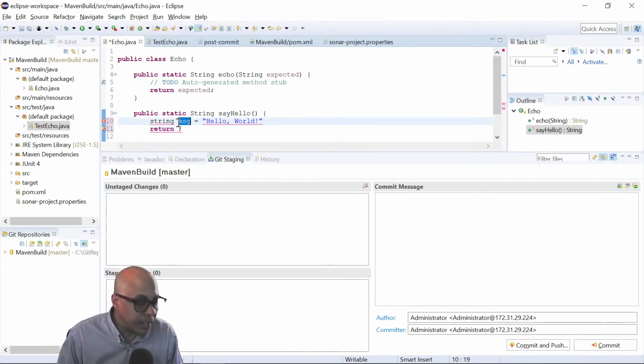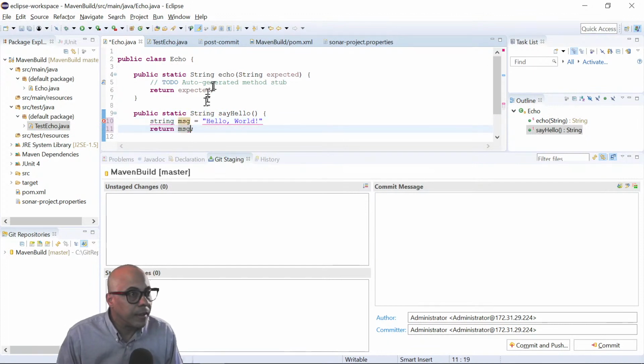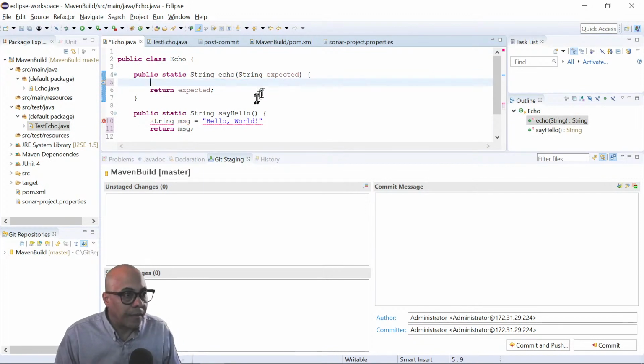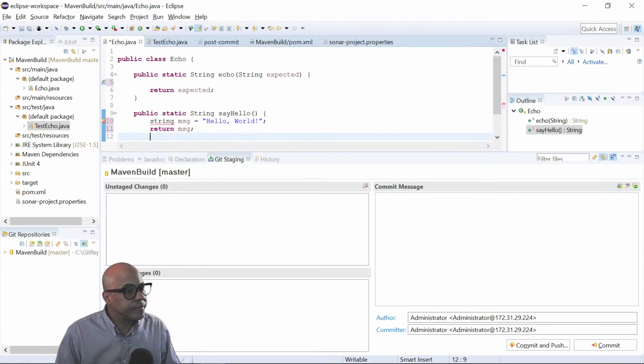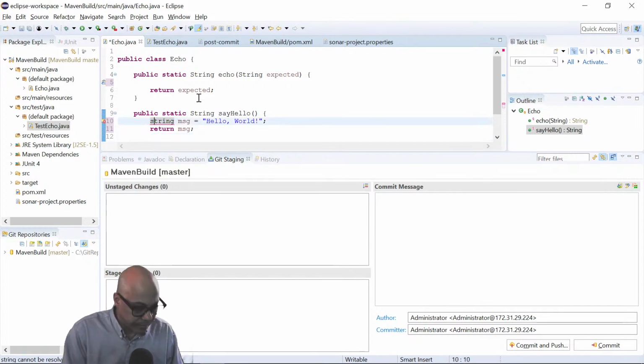And MSG down here. And I'm going to delete the to-do from here. And that should get rid of a few of my code smells. Forgot my semicolon there. Oops.